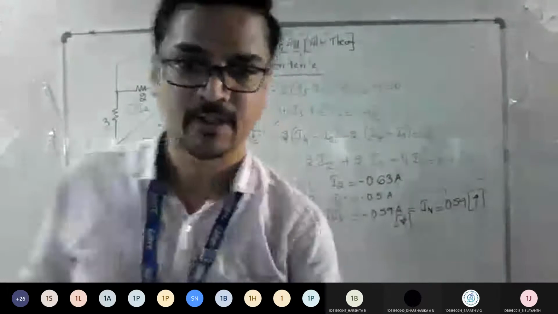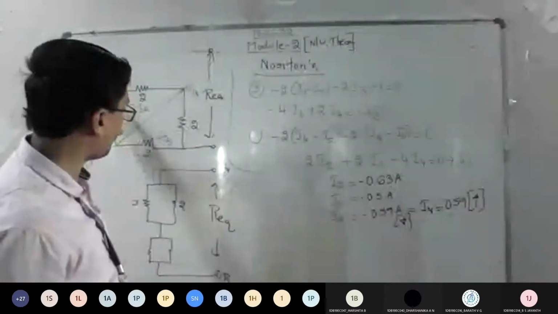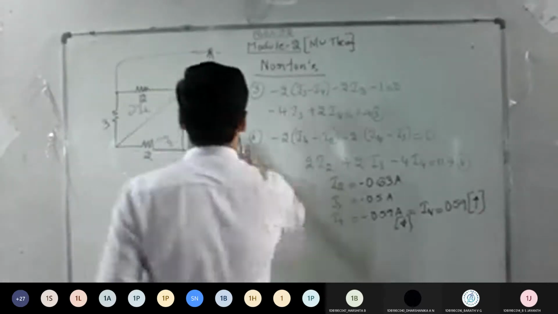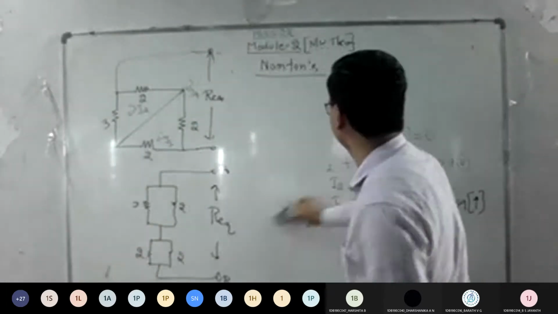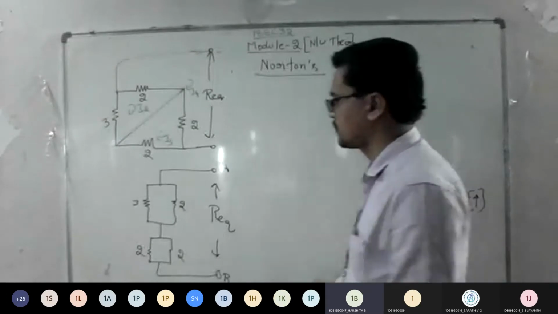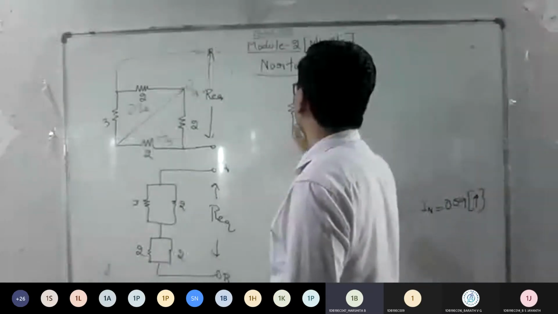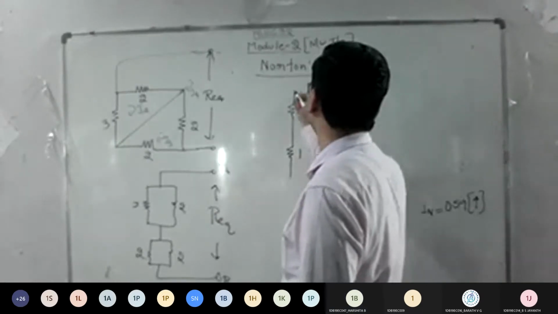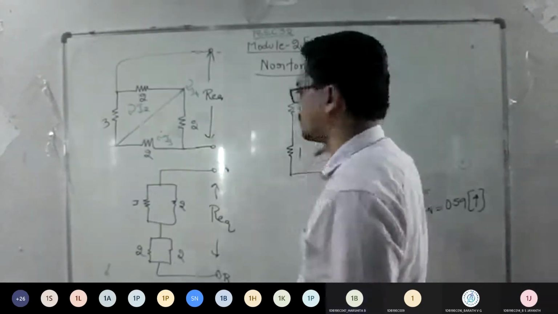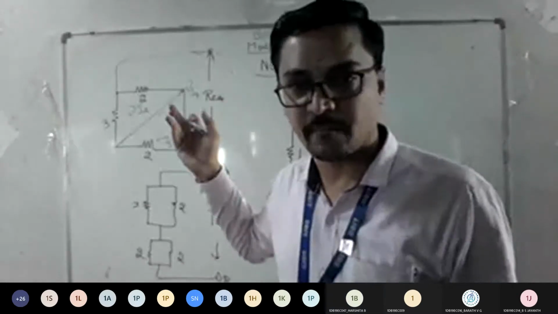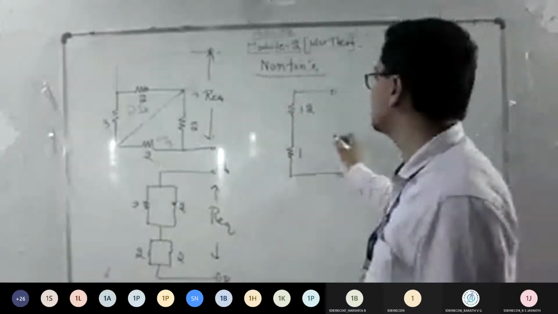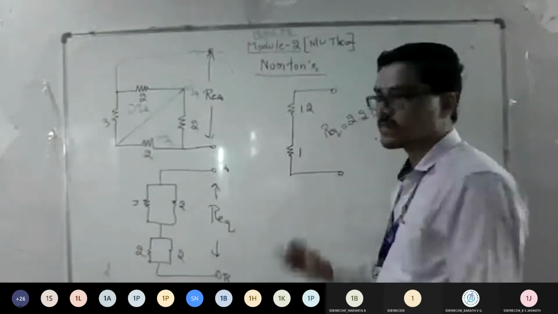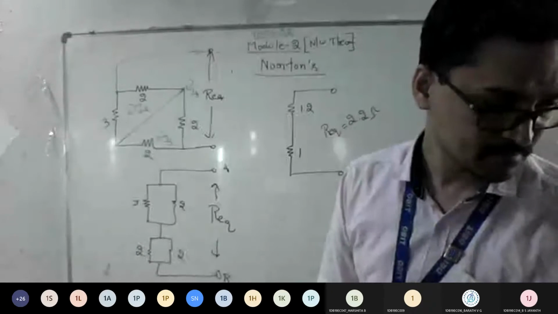Okay, fine. So you got the condition now. Two parallel conditions will come, 2 and 2. Check out what is the answer. What is the equivalent you're going to get? For 3 and 2, it is 1.2, and for the other 2, it's 1, sir. So that combination of parallels comes in series. Agree? So this is your R equivalent. We can write 2.2 ohm. Understood here, everyone? Yes, sir.